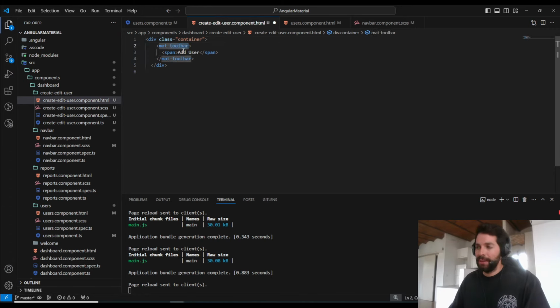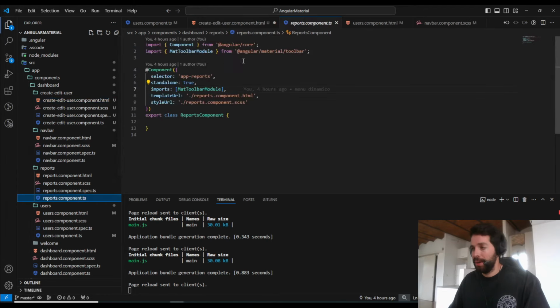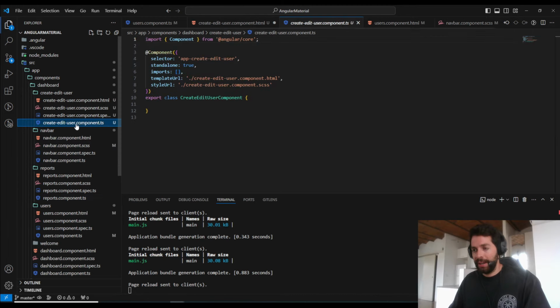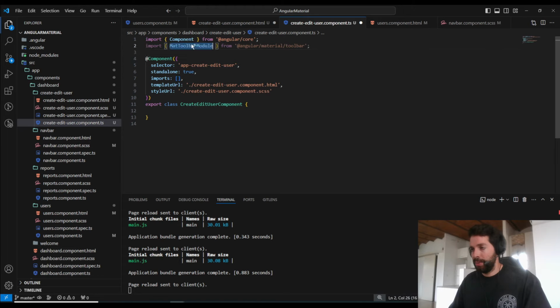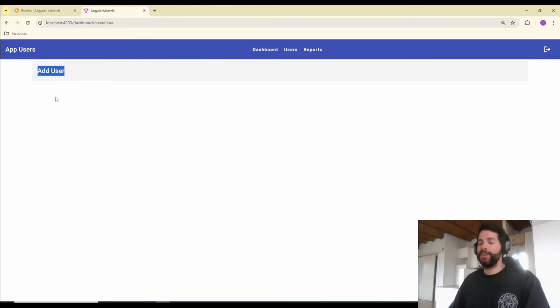We need to import the math toolbar module. So I will copy this one. I will go back to the create edit user. I will import, and then I need to add this module in the import section. So now if I save both files, let's check here. We have add user, and also we are going to